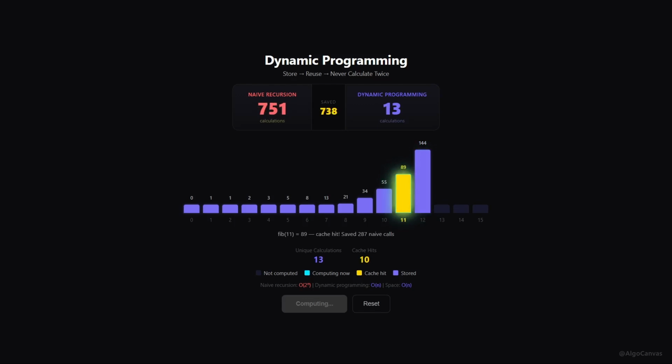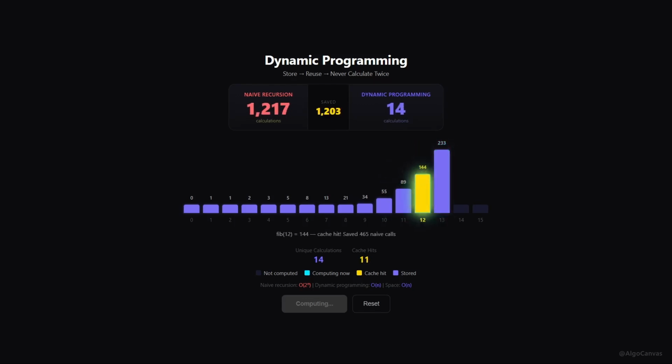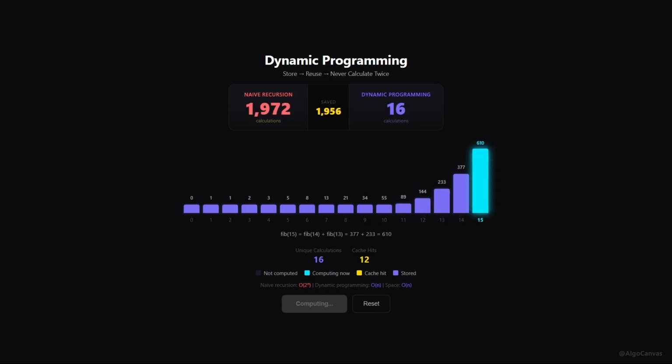Here is the part most developers never appreciate. With dynamic programming, Fibonacci of 15 takes just 16 calculations. 16 instead of 1900. The same answer, dropping from O(2^n) all the way to O(n). The only cost is a little memory to remember what you have already solved, and that trade is